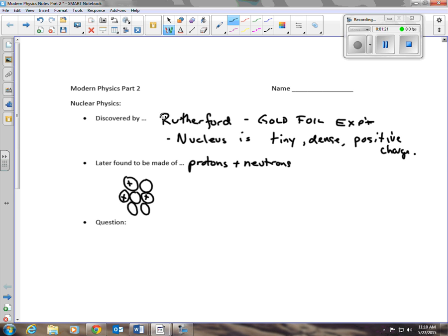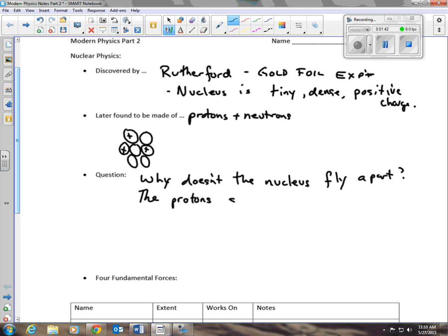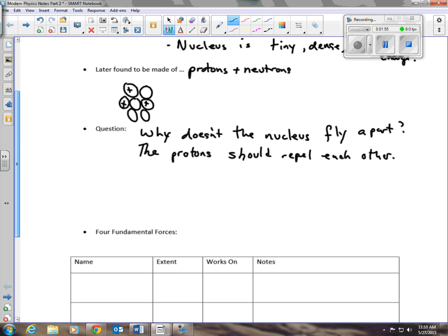So something like that. Now, the question is, why doesn't the nucleus fly apart? Okay, the protons should repel each other. So, based on what they knew at the time, there's no way that the nucleus should be able to hold itself together. So they postulated something called the strong, or the nuclear